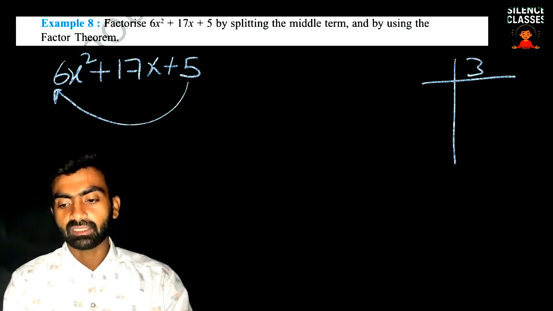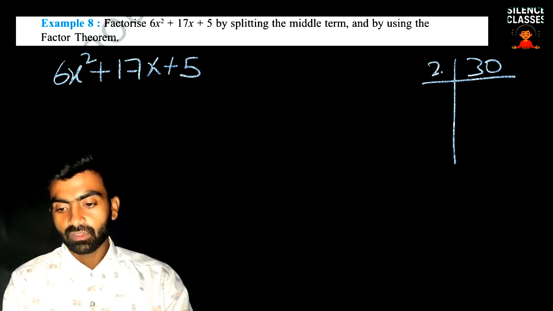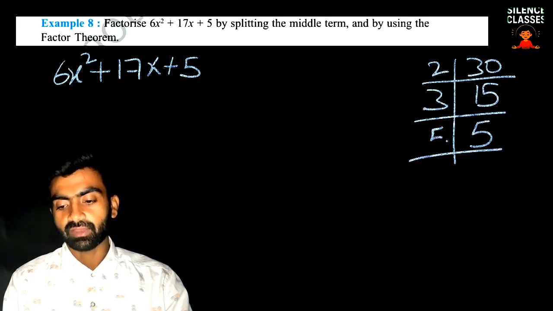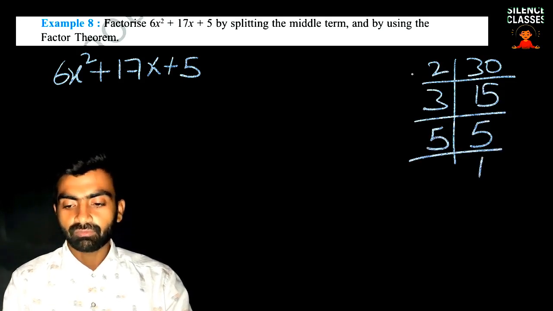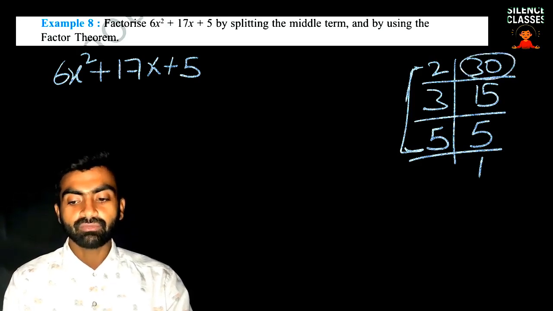Now we have to take the LCM of 30, or we can say the prime factorization of 30. So we get 3 fives are 15 and 5 ones are 5. Whenever we multiply these prime factors, we get 30: 5 threes are 15 and 15 twos are 30. So we get 30, and once we add or subtract, we will